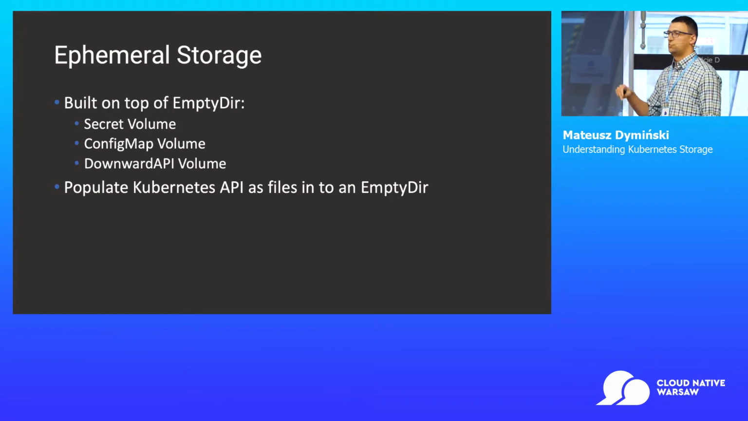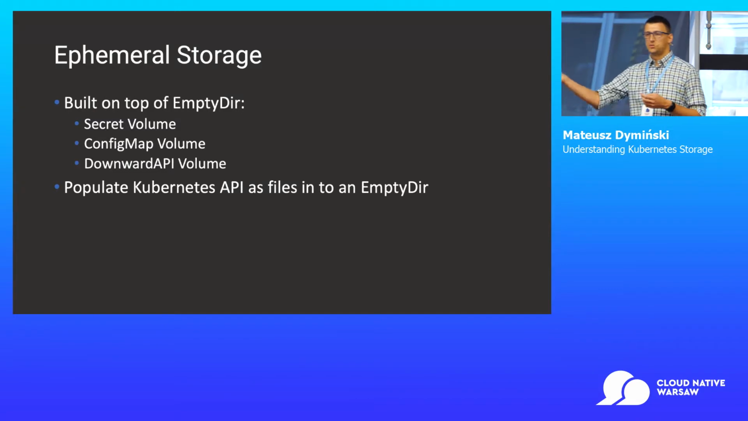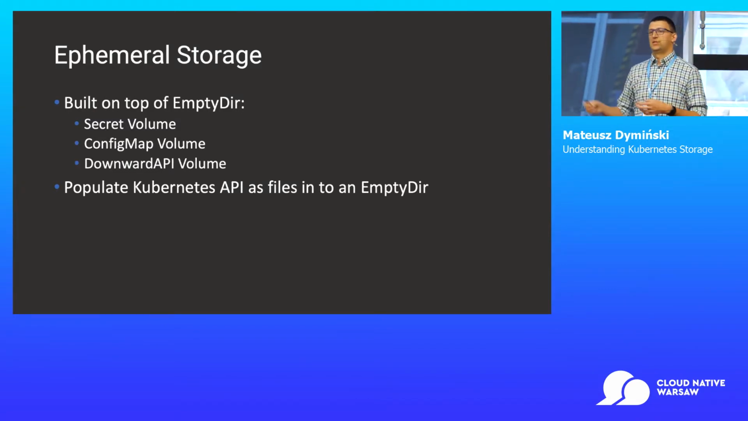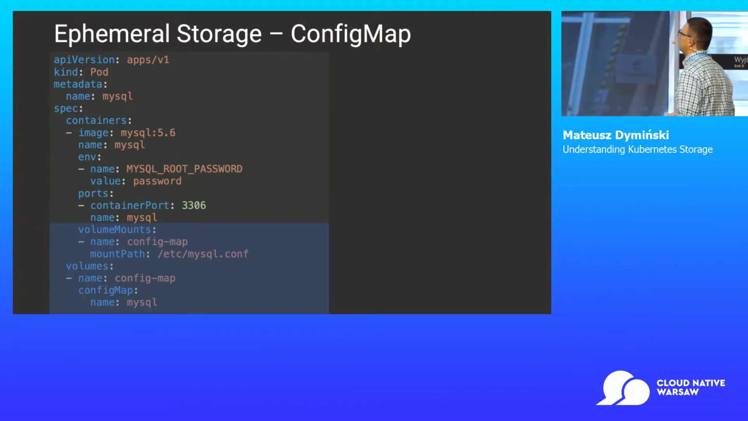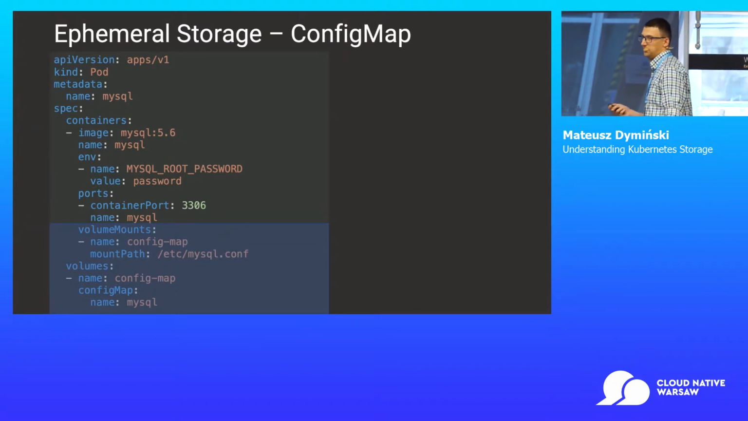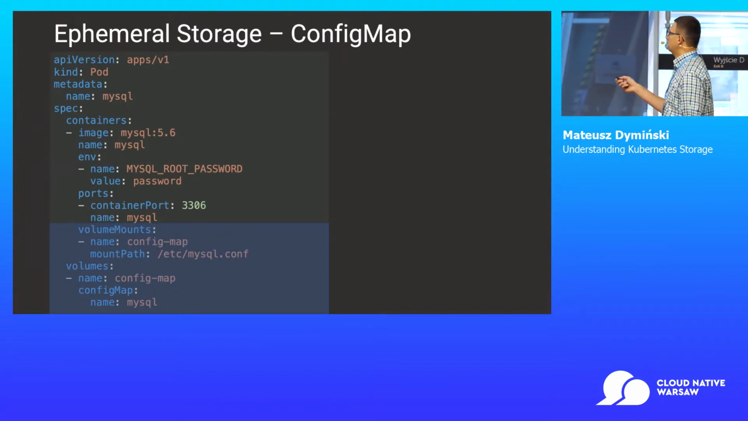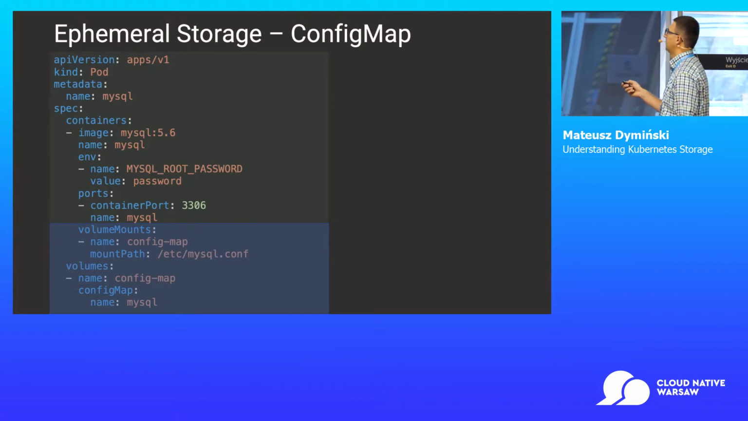So we don't need to use a Kubernetes API program from the code just to get the secret. We can just mount it as a file inside our container. Okay. So, for example, config map, it's almost exactly the same as empty dir, but instead of the empty dir type of volumes, we've got a config map type of volumes, which is based on this empty dir approach or idea. Okay. So, for example, here we've got some configuration of MySQL, which is mounted inside this container